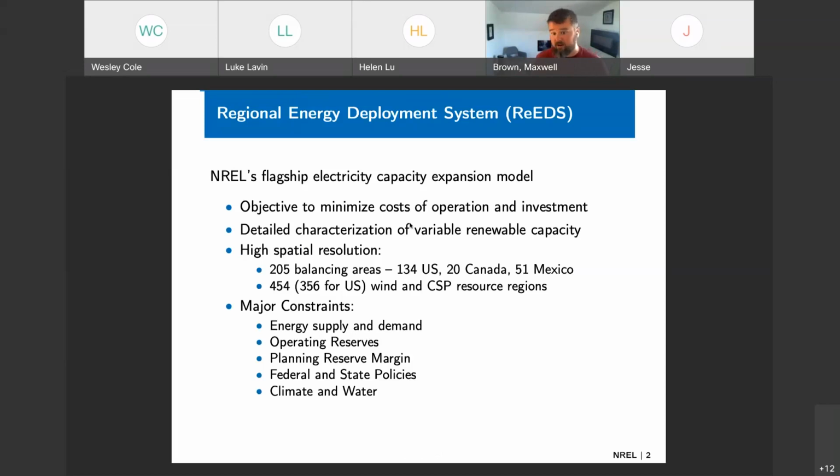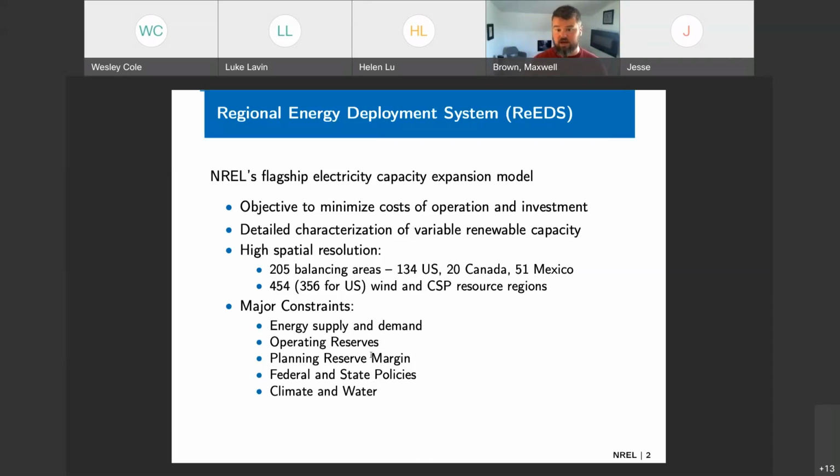If you don't know ReEDS at all, ReEDS is a capacity expansion model. So what it does is it minimizes the costs of operations and investment across a specific, user-specified time period. Typically, we solve this 1 year at a time. So we'll solve 2010, solve 2012, do our operations in between as needed. But you can really think of this as what is the minimum cost needed to meet our major constraints,